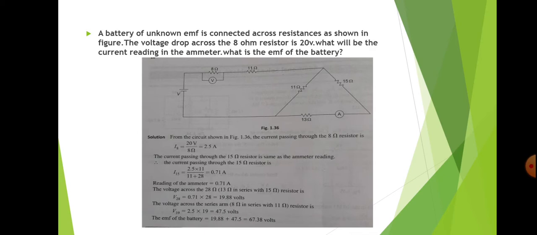That is the circuit. In the circuit diagram, the supply voltage V is unknown and there is a voltmeter connected across the 8 ohm resistor. You should find out its value. And next, there is an ammeter A connected in series with the 30 ohm and 50 ohm resistors, and you should find out the ammeter reading. So first of all, you should have a close look at the circuit diagram and then only you can solve the problem correctly.